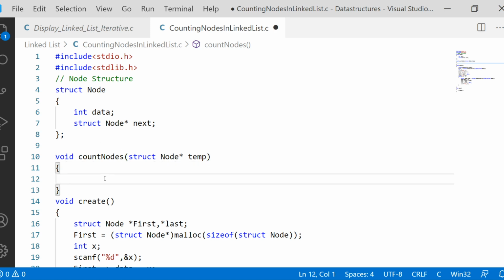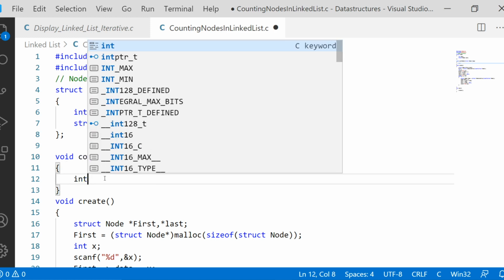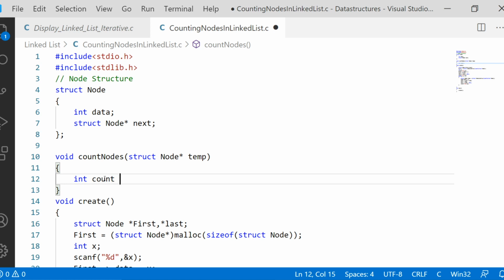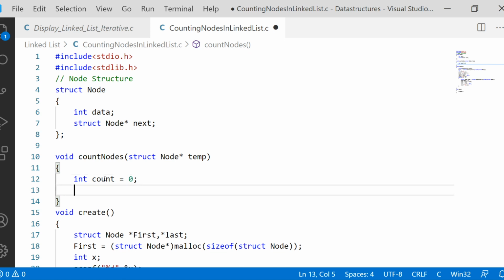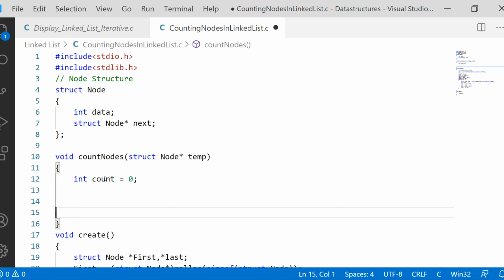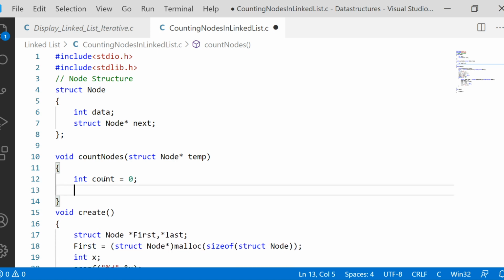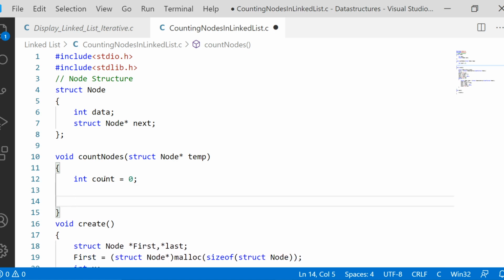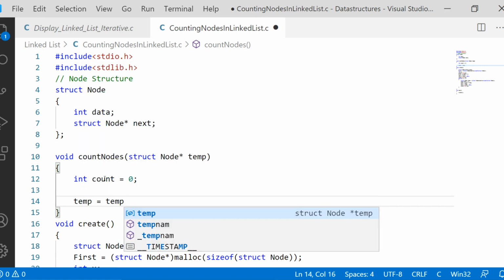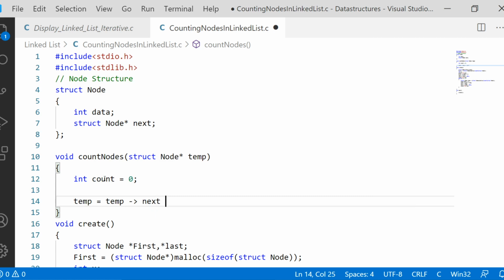Now inside this function, first of all, we have to take a variable to start counting the nodes. So count is equal to 0. Next, we should start moving from one node to the next node, so we should start the traversing process. Traversing can be done with the syntax temp is equal to temp of next, which we have already discussed in previous concepts.